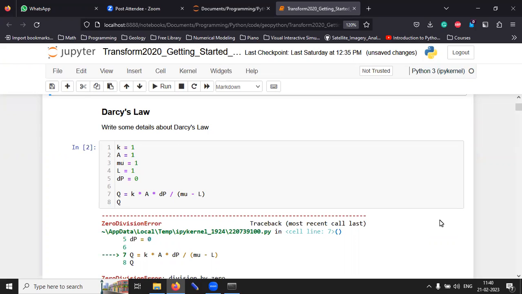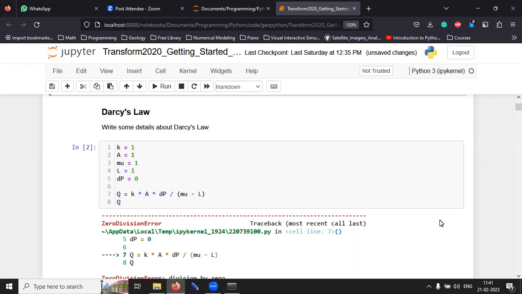Now we want to look at some analytical modeling of geological phenomena. In this demonstration, I will show you two phenomena and how analytically they can be looked into. The first thing that I want to show you is called Darcy's law, which is a groundwater flow between two